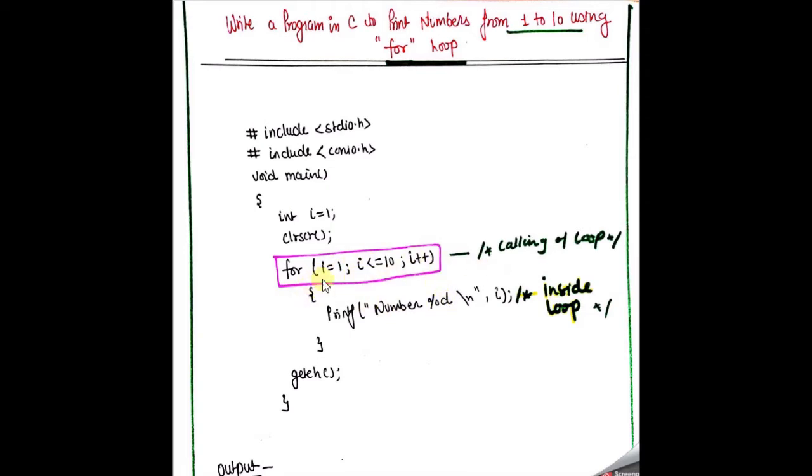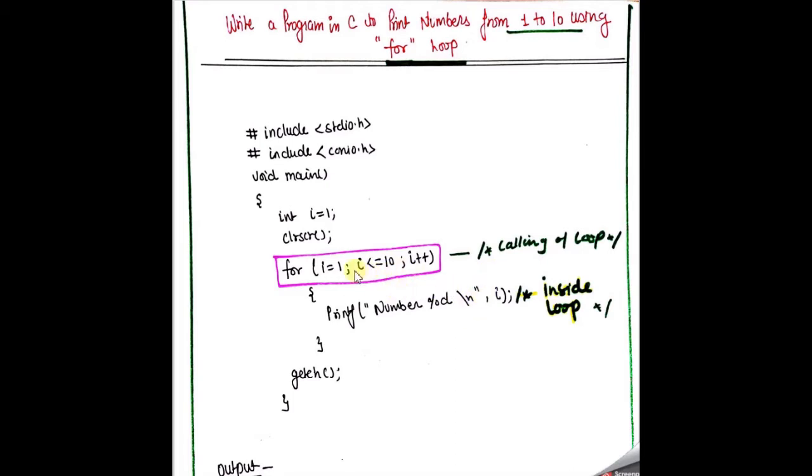So the looping is done with the help of the for loop. We can write only one line and just print the number i. So what actually happens here? i = 1, i <= 10, yes, you print the number 1. Again you perform i++, that means plus 1, that means i = 2, 2 is less than 10, yes, you print the value 2. Again i++, that means the value is 3, 3 is less than 10, yes, you print that value, that means i = 3 is printed with the help of this printf function. And again i = 4, 4 is less than 10, and so on, and this loop will run 10 times to print these numbers.